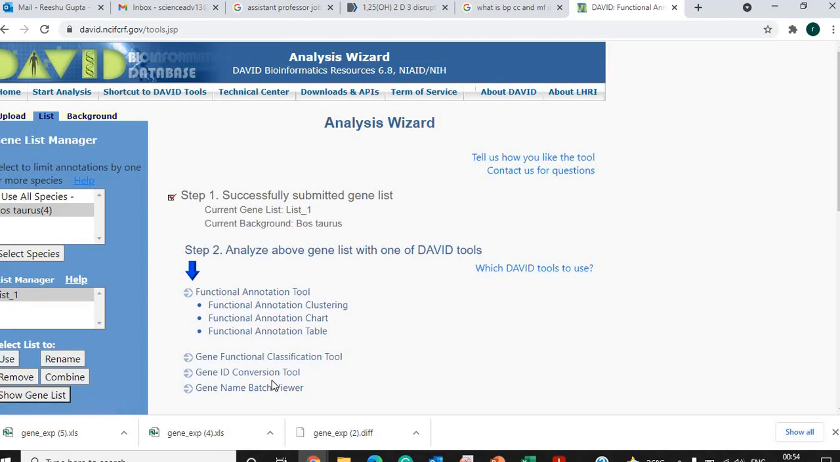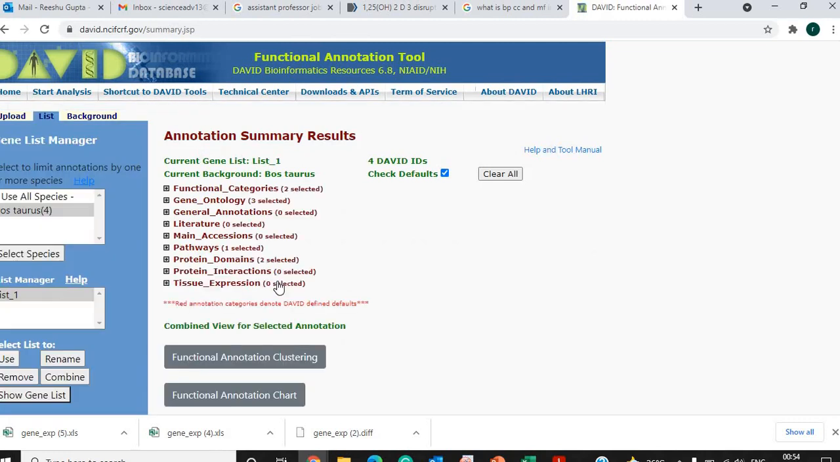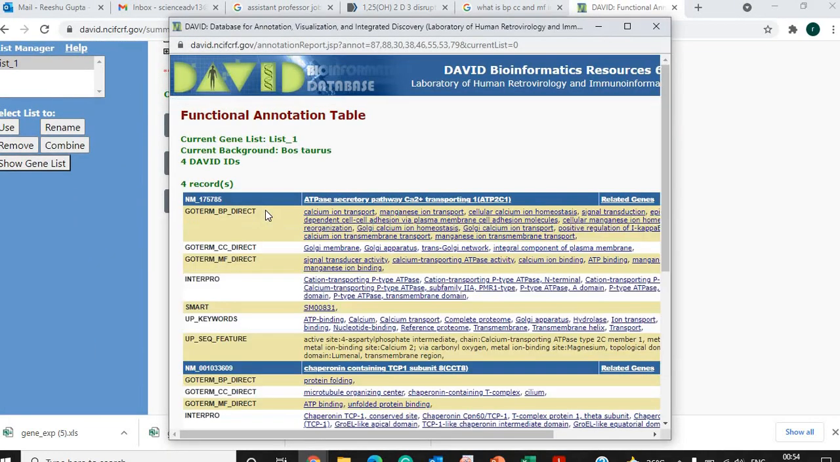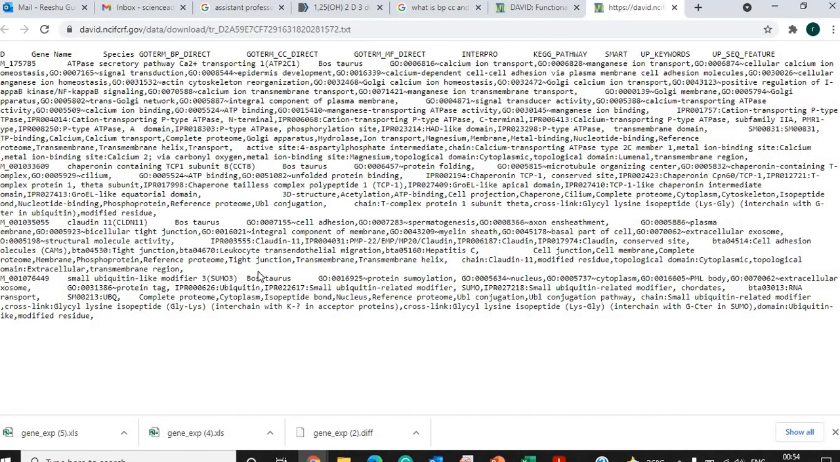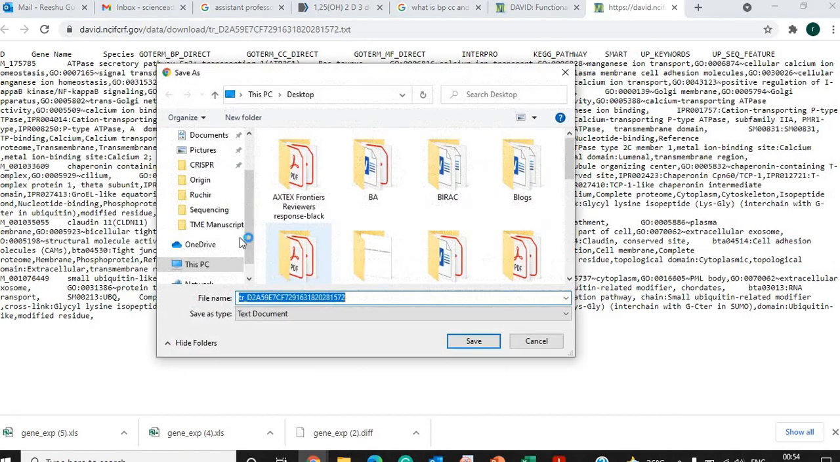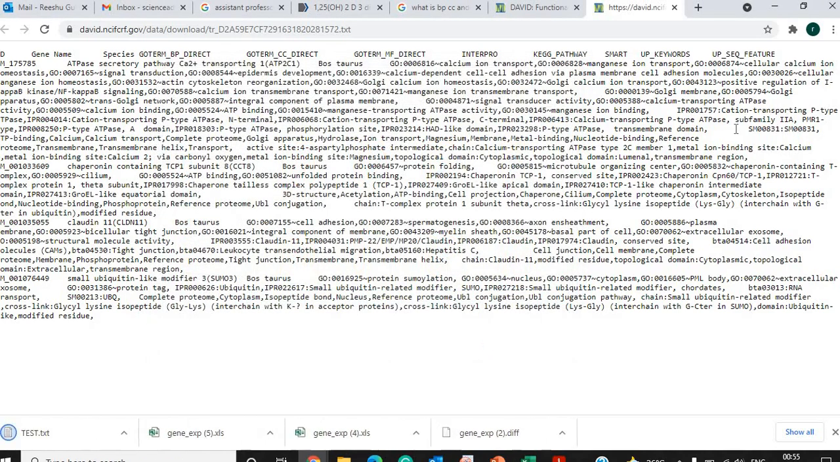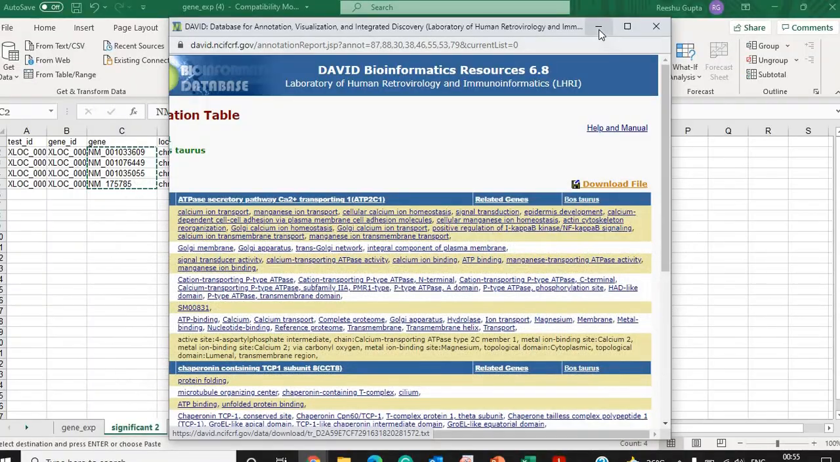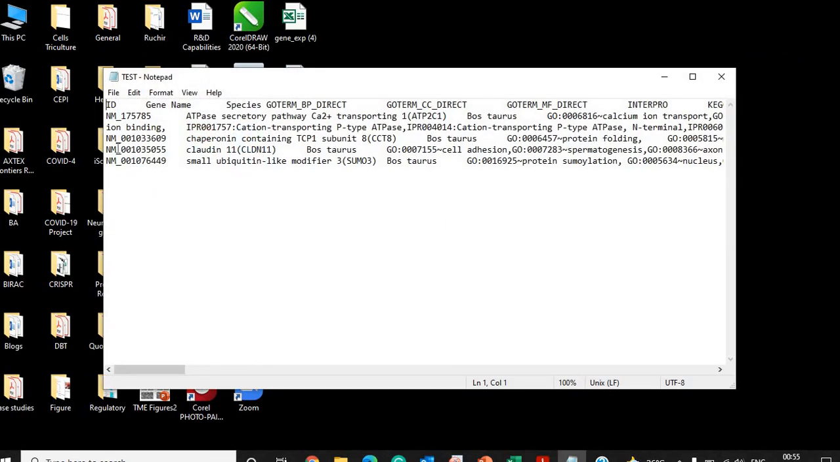Once you click on the submit list, you can go to the gene functional annotation tool, click on functional annotation table. Here you can download this file. Save this file, right now I am saving it on the desktop. You can save it anywhere on your computer, wherever you want to. So now you will get these files. Okay, now you can just copy